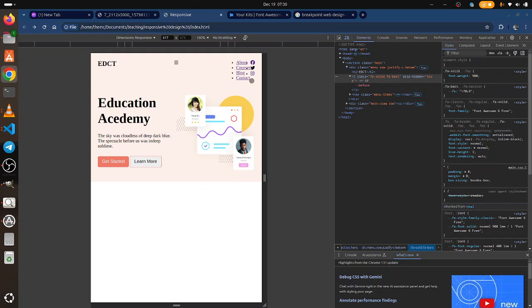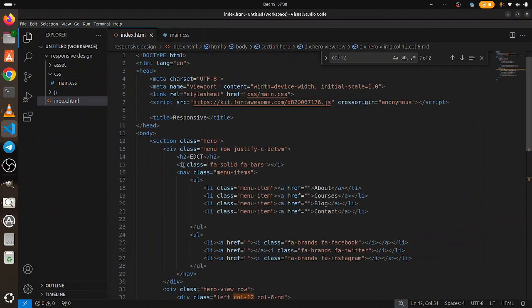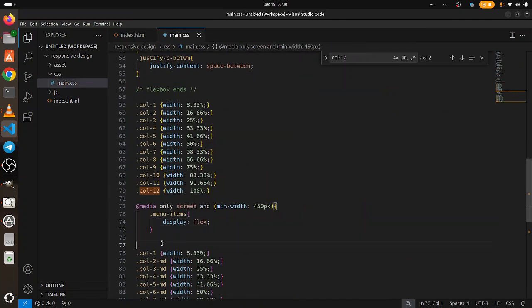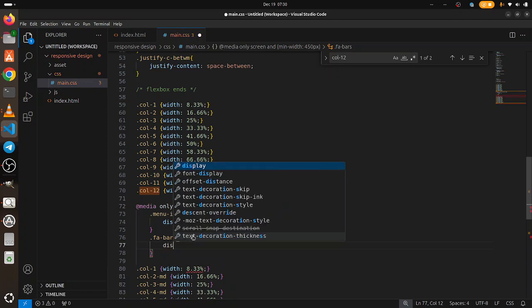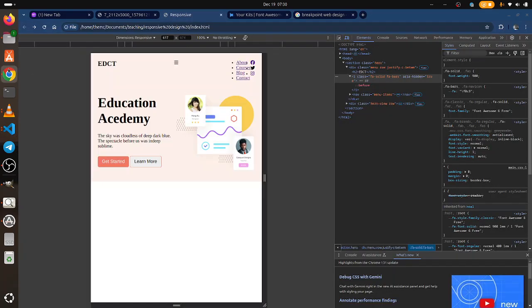We have it. We now have this element. So what we have to do is hide this other one. We don't need this. We need to hide this one here. It means I'll come here, this is the bars icon, I need to give it, okay, fa-solid fa-bars. I think that should be the only element there with bars that I've used so far. I'll call the CSS, then I give it display none. I don't need it here. Display none here. If we refresh,